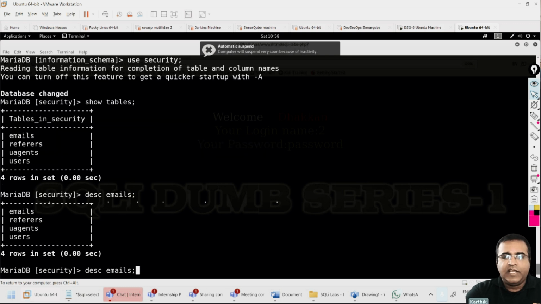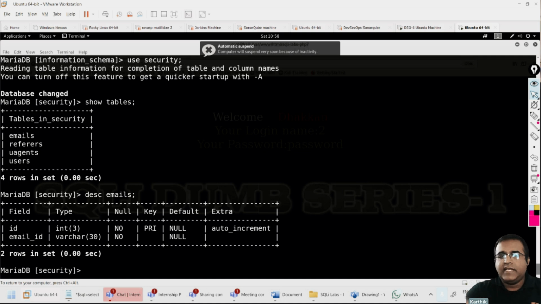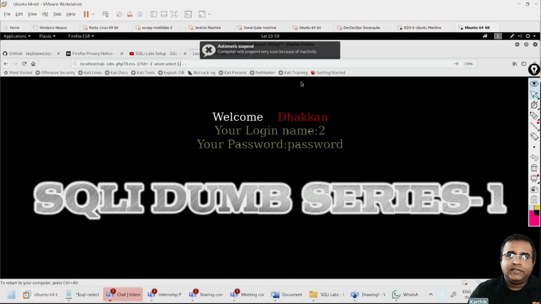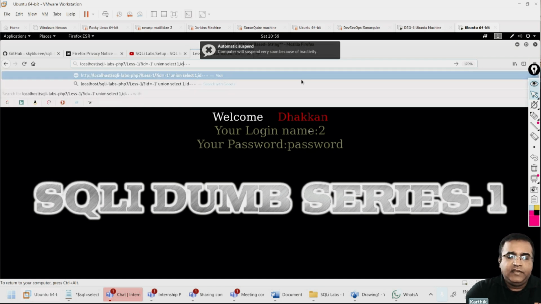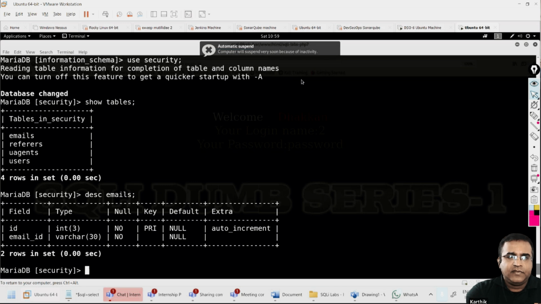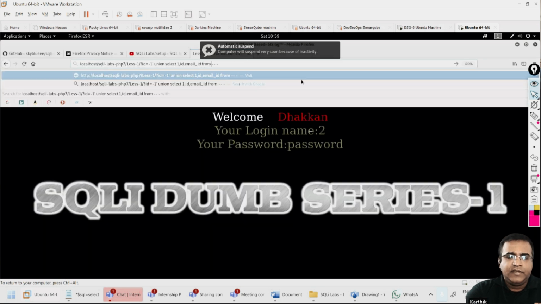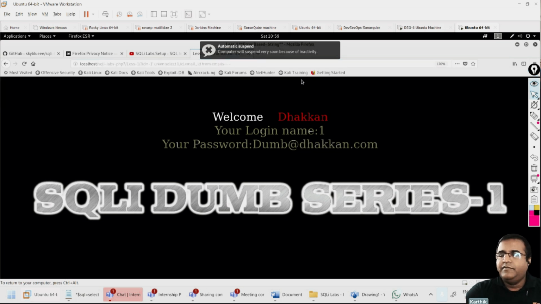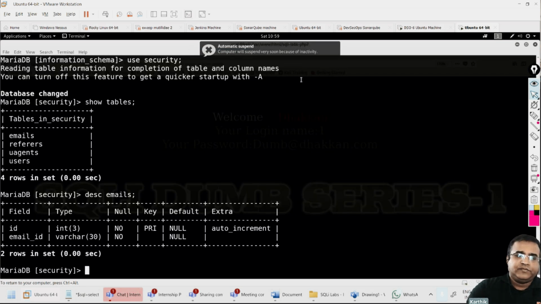By default, that particular page only has access to the users table. It does not have access for that. For the emails table, there are two parts: ID and email ID. So now I can give select 1, id, comma, email_id from emails. When I press enter, I got the first user information out here.